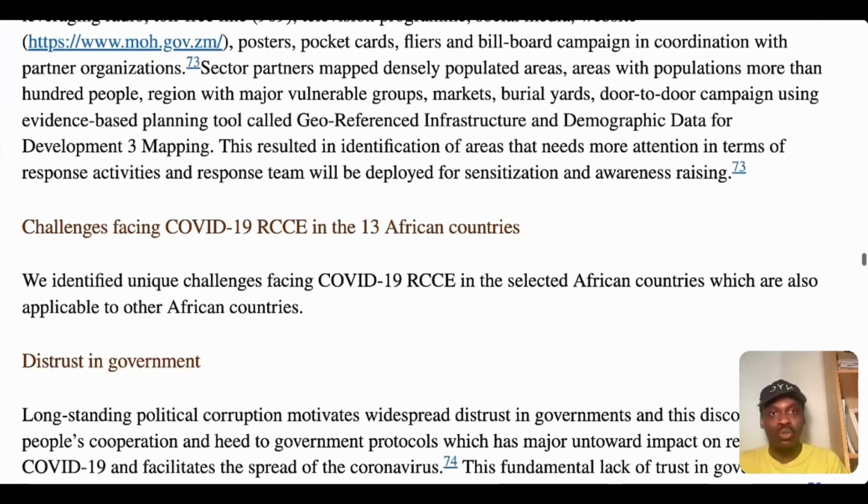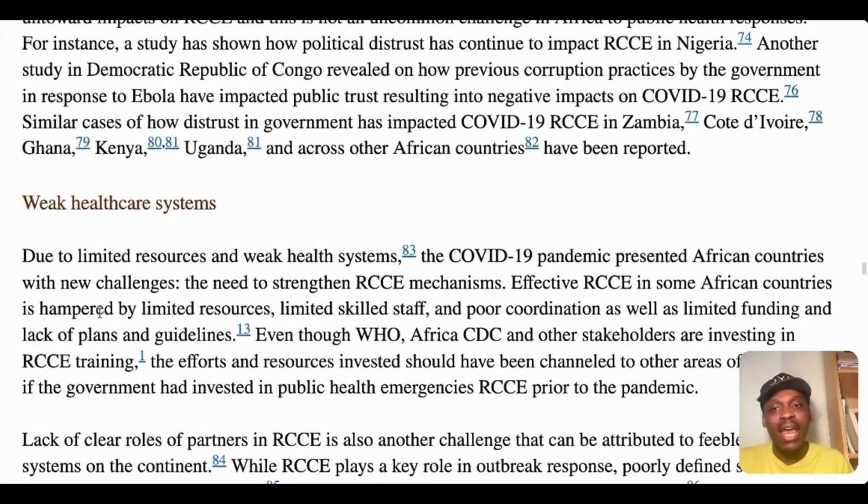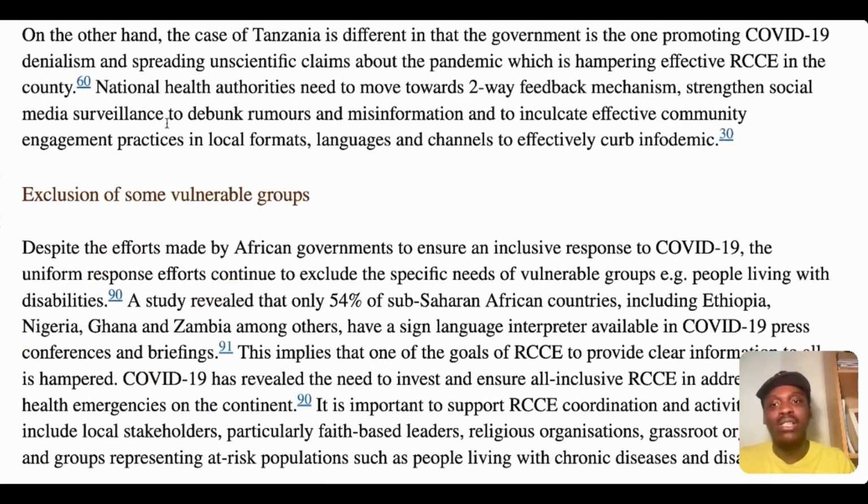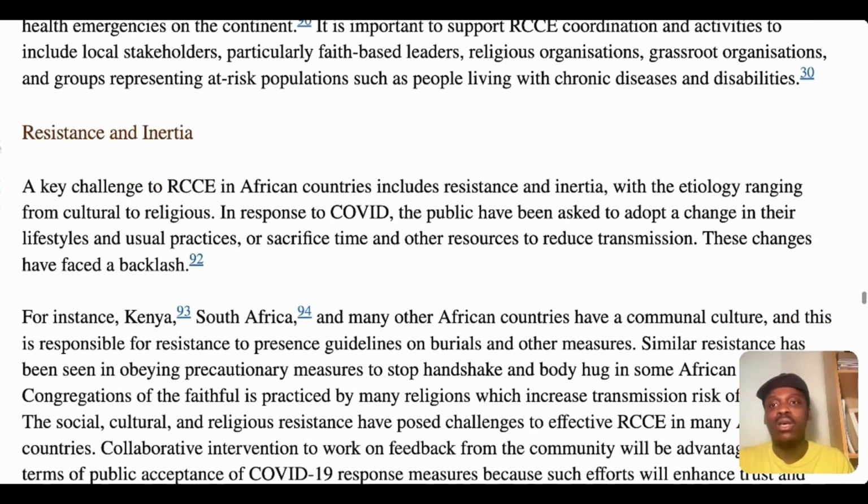Now we have another heading to fulfill the aim. That's why I said be clear on the aim of your narrative review. It's very, very important, because that's what will guide the direction of what you're writing and the kind of papers that you want to select that will be useful to your review. Another heading here is challenges. So now it's easy for us to start looking for papers that talk about challenges regarding risk communication, and we actually group them into distrust in government, weak healthcare systems, widespread rumors and misinformation, exclusion of some vulnerable groups, resistance,